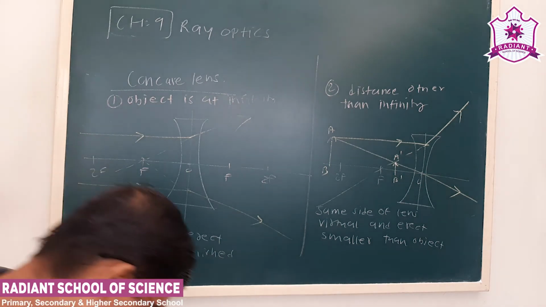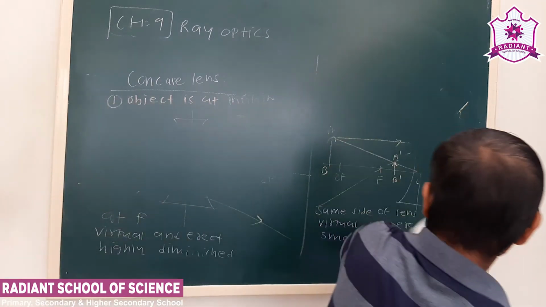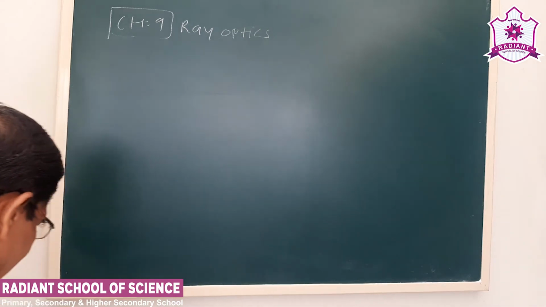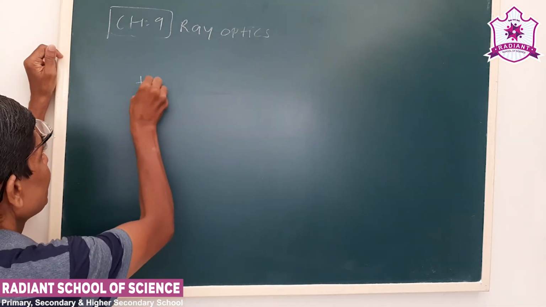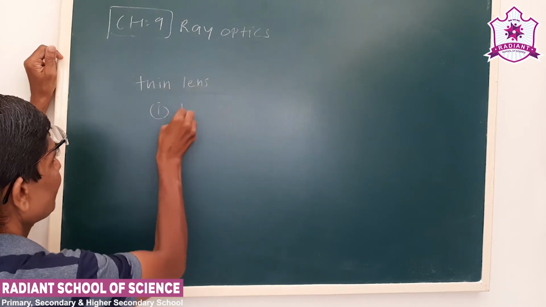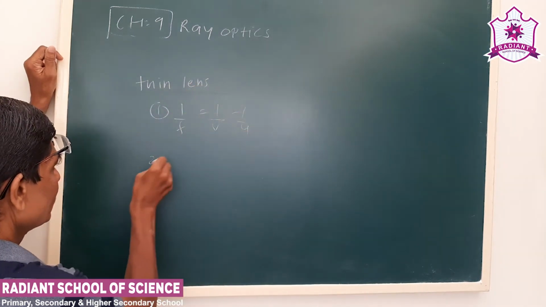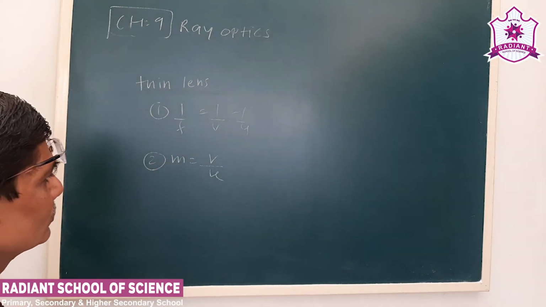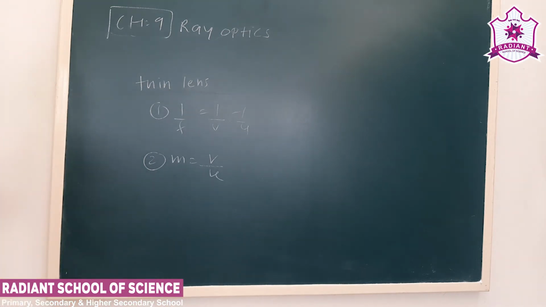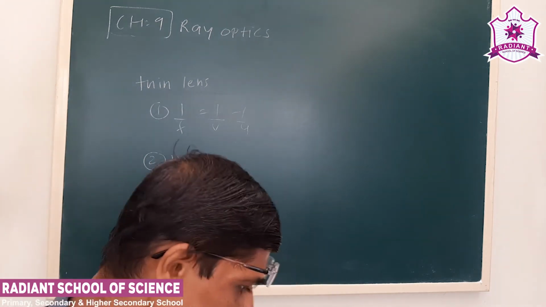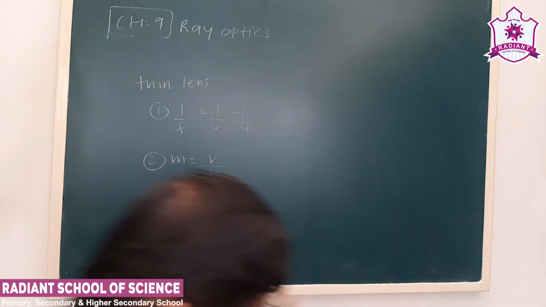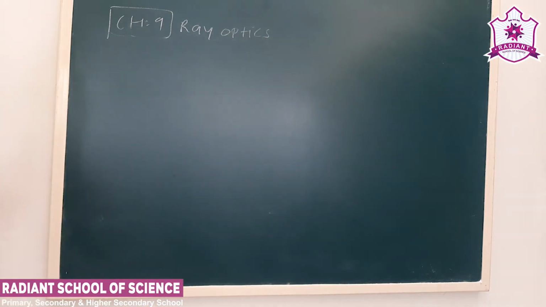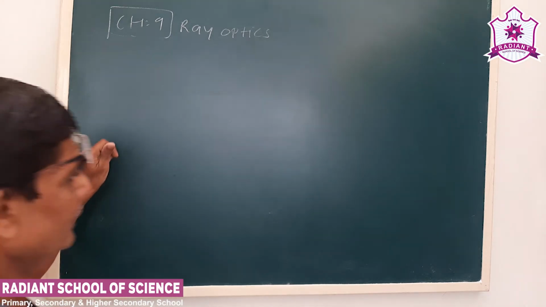Now this is how the image is formed by the concave lens. Now see magnification. See the thin lens formula, 1 upon f is 1 upon v minus 1 upon u, and the magnification is v by u. Here it was minus v by u for magnification, that is the linear magnification. Here it will be m is equal to v by u. Next we write in terms of a table how the object distance, image distance and magnification will be for a concave lens and a convex lens.